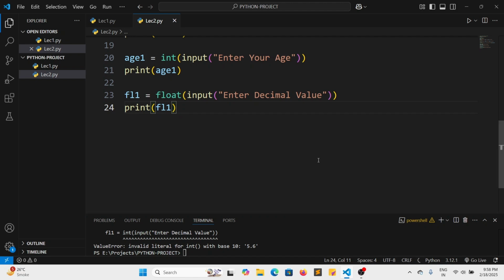And whenever you are going to work with user input, typecasting is needed because ultimately user input only works with the string. If you want some other kind of data type, you have to typecast it, either a decimal, a float, or any kind of data type. If it is a string, then it is valid, no need to typecast it. But if it is not a string, then you have to typecast it. Otherwise, whatever input you give is going to be taken as a string only,